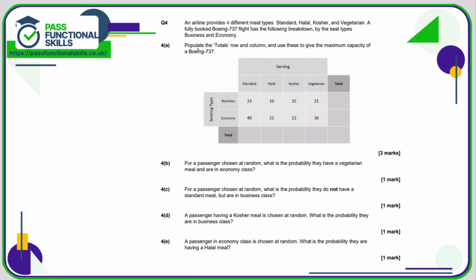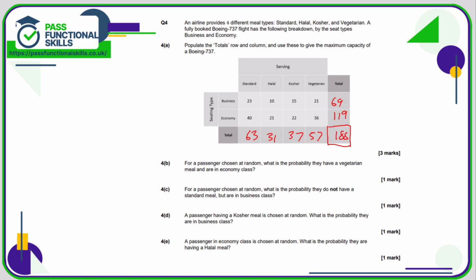Question number 4. First of all, we're just going to populate by just adding the rows and adding the columns. So here, 40 plus 23, you can use a calculator if you want. That's 63, 31, 37, 57. The rows come to a total of 69, 119. And this number here should be both the 69 plus 119 and 63 plus 31 plus 37 plus 57. If that's not the same number, then there's a mistake. So 188 is 69 plus 119, and I'll just double check that 63 plus 31 plus 37 plus 57 is